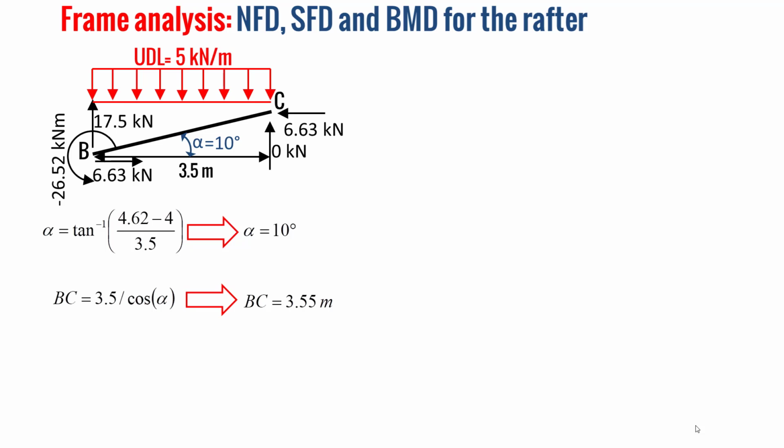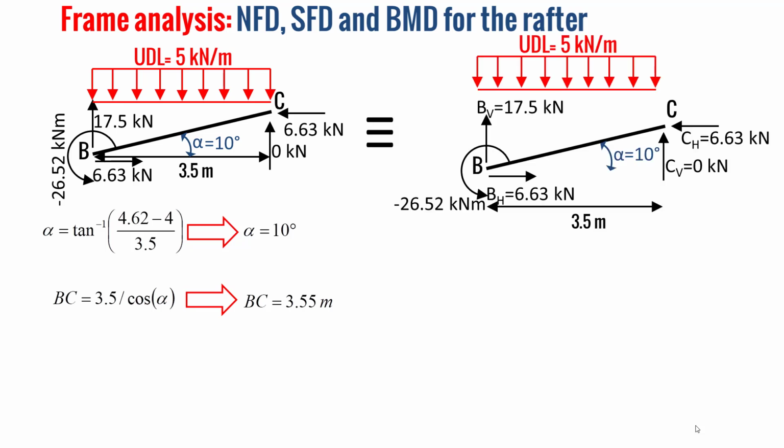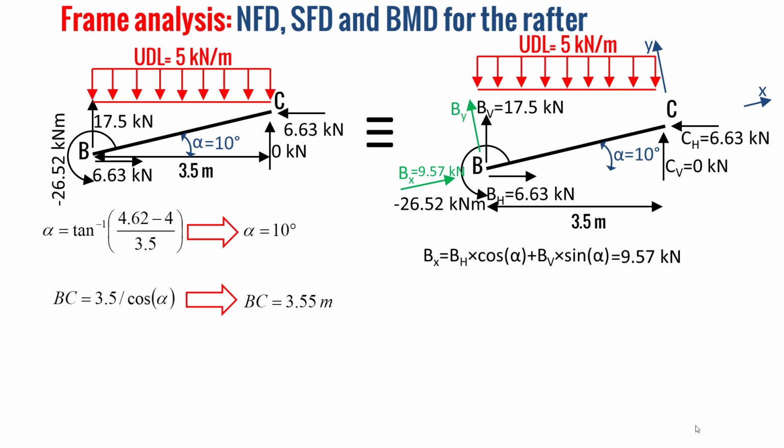3.55 meters. Now we have to change the frame of reference from horizontal-vertical to x and y. X is the longitudinal direction of the rafter and y is the transversal direction of this rafter. And here we will have Bx, and based on trigonometric conversion, we obtain Bx equal to 9.57 kilonewton. In the same way, we determine By as